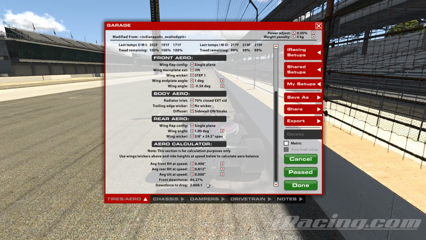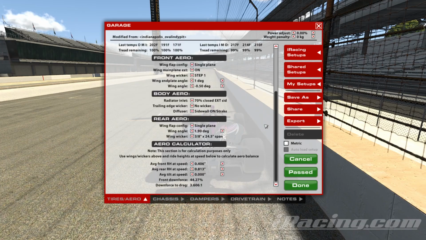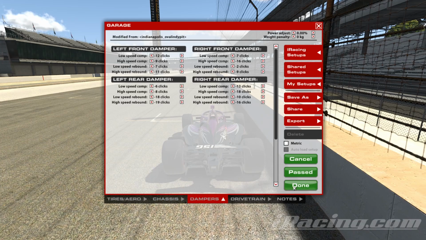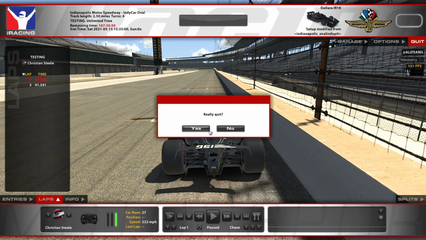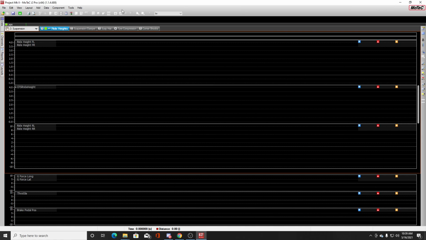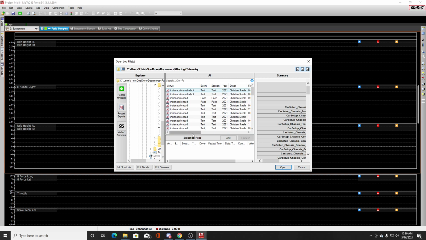So the last thing I want to show you guys is just Motec. I'll just exit out, and basically I can share some links on this forum post that I'll add, which will help you guys get up to speed with Motec. But I'll just exit out of here, and here we go. So in Motec, for example, I can just load up my lap times here,